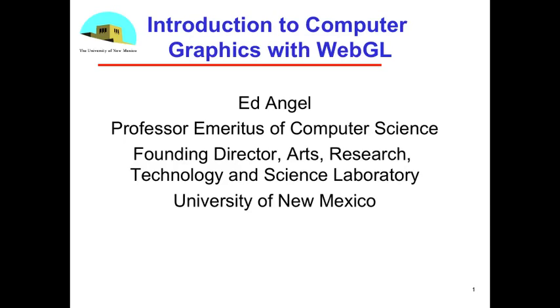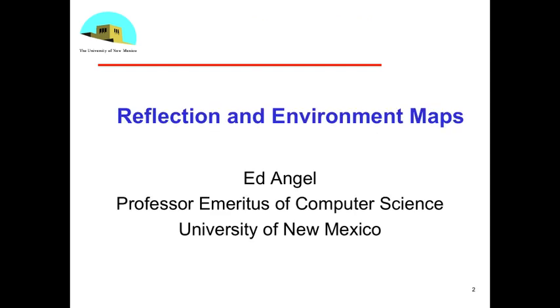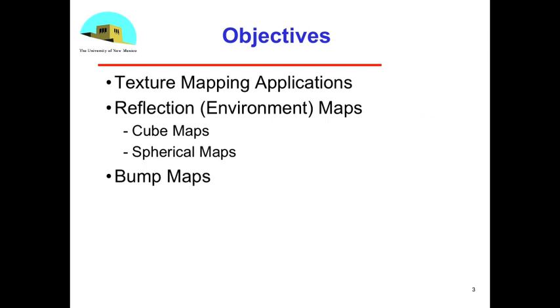Okay, today we're going to look at two of the really important variants of texture mapping. In this lecture, reflection and environment maps, and then in the next lecture we'll talk about bump mapping. Now, these are techniques that we use all the time. I'll show you some applications at the end of this lecture that we use over at the Arts Lab with producing things for domes. But let's start with going over the kind of effects we're going to try and create